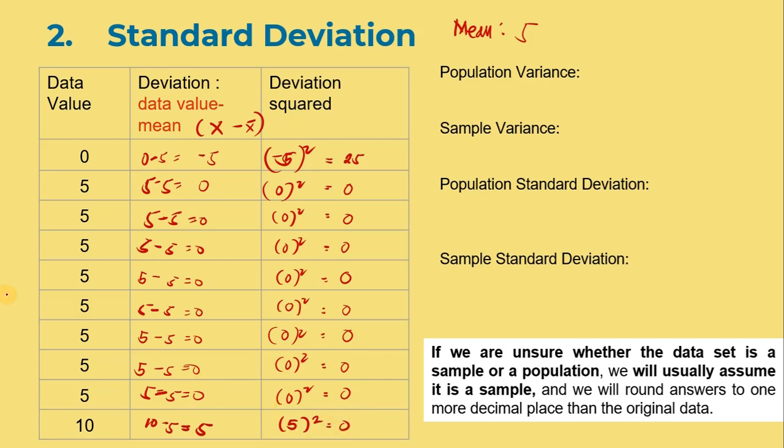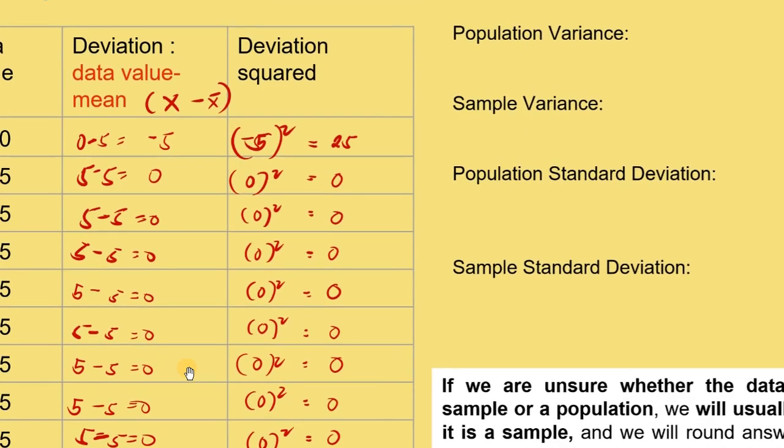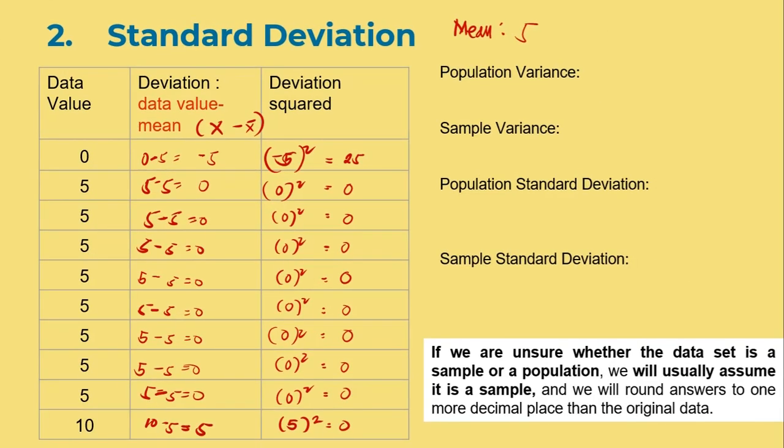And 5 squared is 25. So if you add them all, 25 plus 0 plus 0 and so on, it's a total of